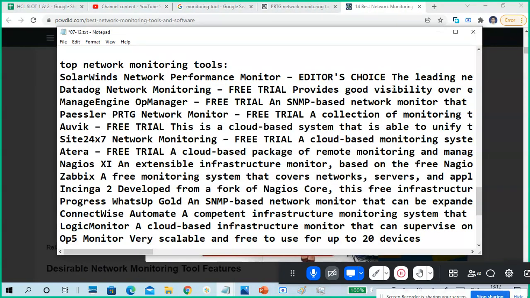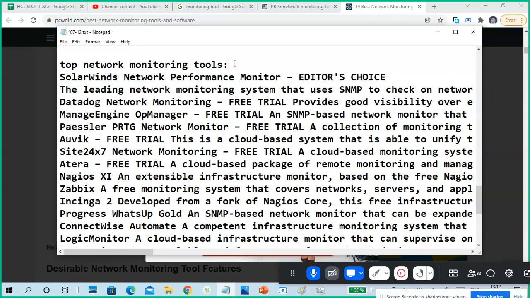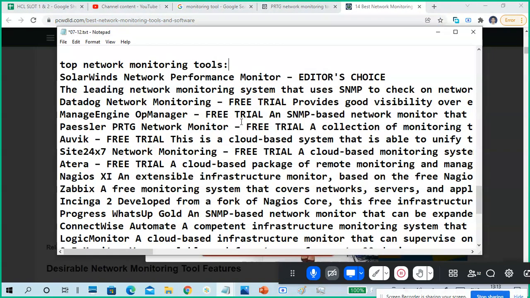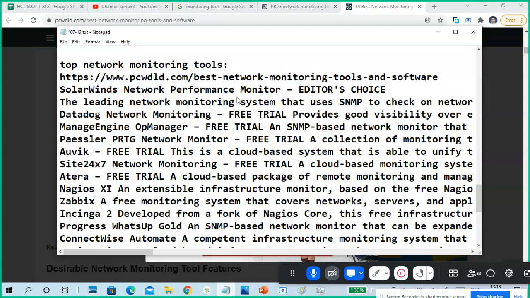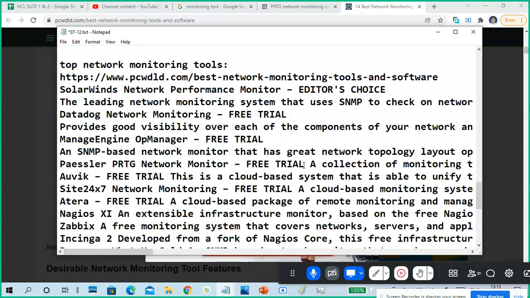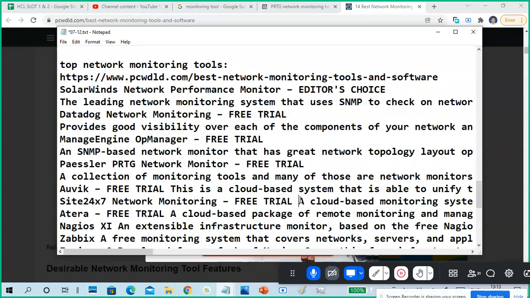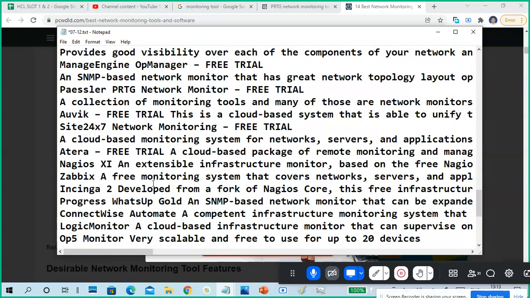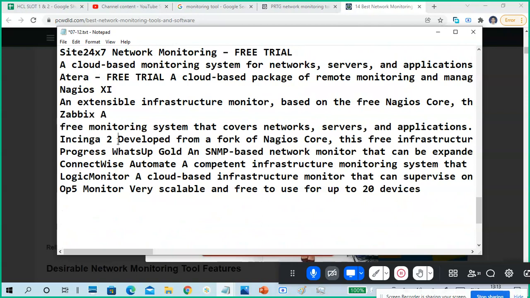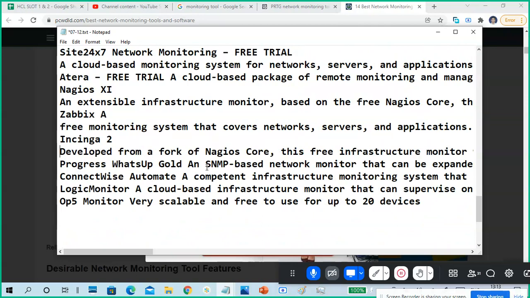Okay, this list is given by a website. I'll also give that link, from where I got that information. Free edition or free trial edition are different things, so compulsorily verify it. Sometimes we need a crack, so then we can put it. Some are open source, so be careful with open source, and you can use it.